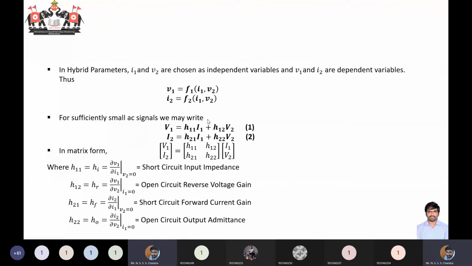Okay, fine. So in the last class, we have written the two equations. V1 is equal to H11 I1 plus H12 V2, and I2 is equal to H21 I1 plus H22 V2. And also we told that the first equation can be written in the form of two voltage sources. One is independent voltage source V1, other is a dependent voltage source H12 V2, right? And then we are writing in the form of a circuit loop in which we have a voltage source V1.